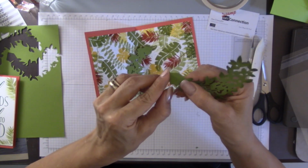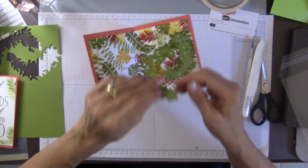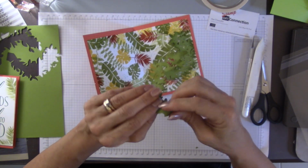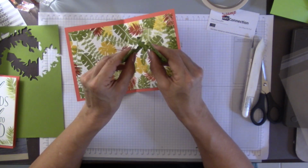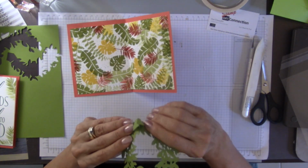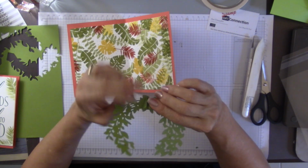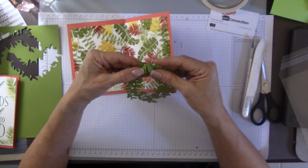Hope you can see that, where we're going to bend that back, and a little indentation where we're going to bend that back, and then these are going to go so that they're going to interlock so that both these tabs are looking at me like this. Okay,